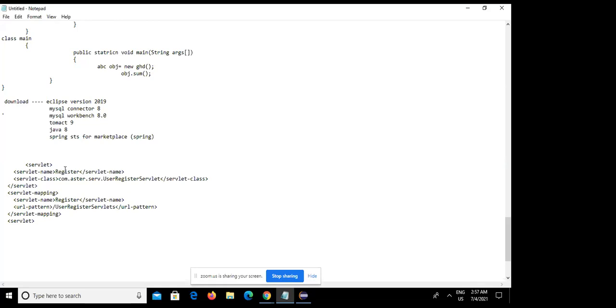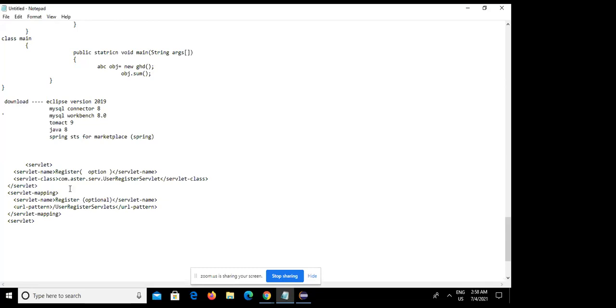You can put any name here. This is basically optional. You can write your own name, but it must be unique. This and this must be same.